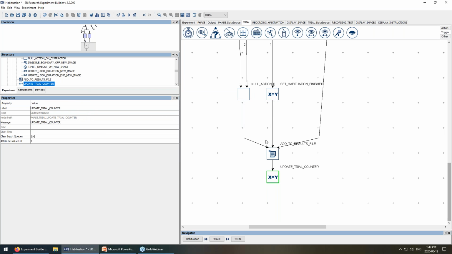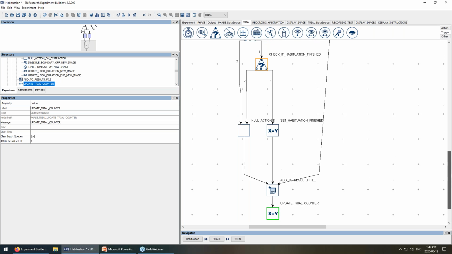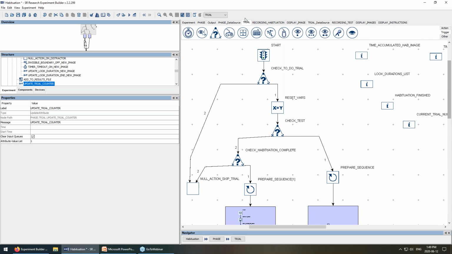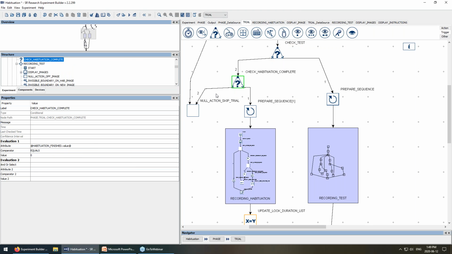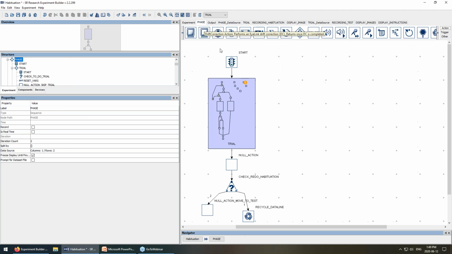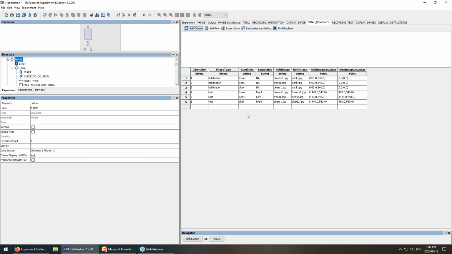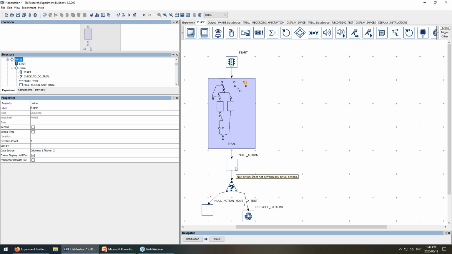Okay, and once we get to the point where habituation finished is set to 1, then as we go through the rest of any remaining habituation trials in our current cycle of the trial sequence, we're going to effectively skip any remaining habituation trials by going to this null action skip trial, because habituation finished is no longer equal to 0. So we're going to go over here and skip any remaining habituation trials. And then once we get to the end of all 6 of the rows of our trial data source, we're going to check,